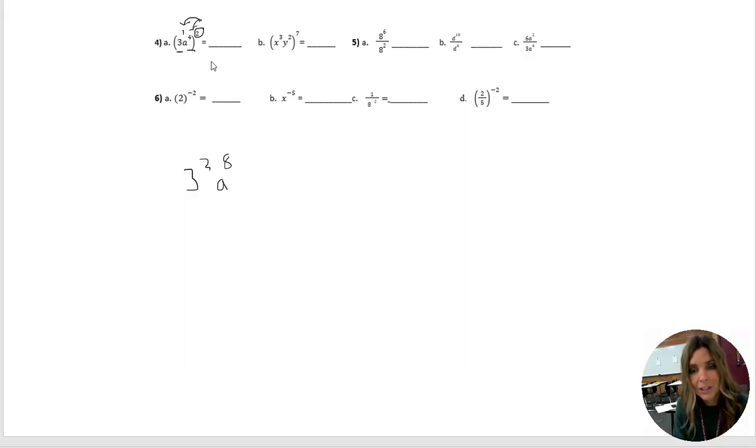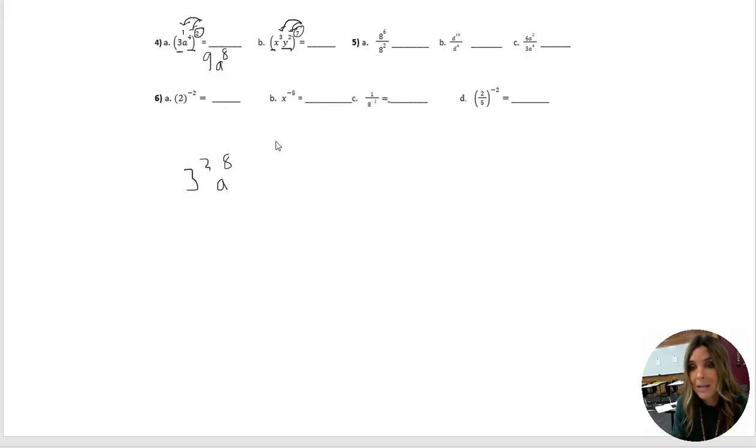Now, if you left your answer as this, that was great. If you raised 3 to the 2nd power and you said 9a to the 8th, I also would mark that correct. Okay, so on B, again, we have a product, and we have the power of a product. So whenever we do power of a power, we multiply the 2 exponents. If it's a power of a product, we have to multiply the exponent by both of the exponents within the